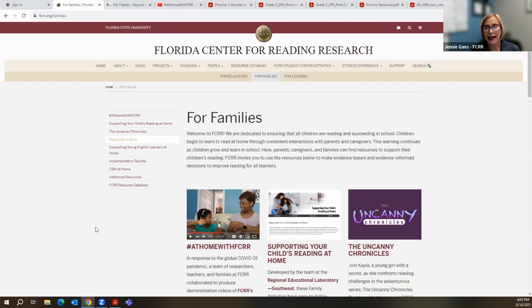We also in Tallahassee have created Book Nook bundles that have gone out to the 7 library branches here in Tallahassee. So if you are local to Tallahassee and you're hearing this call or you're watching this recording, we encourage you to go over to any of the 7 branches of the Leon County Library System and take a look at some of our Book Nook bundles. So those are for folks to literally check out and do with their children at home. We also have other resources here.